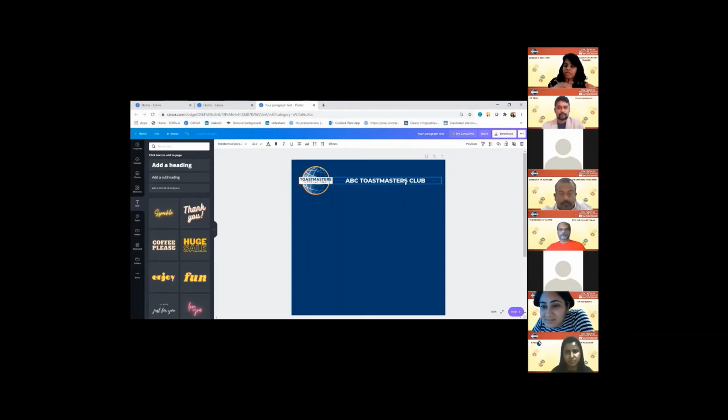The next feature would be club details. So how do I get the club details? You can duplicate the text by clicking on the plus icon on your right hand side top corner. Do you see an icon which says duplicate? Click on duplicate. When you duplicate, it just duplicates the text. You see that? It duplicates the text. You don't have to click text again, resize it, change the font. You don't have to do that. It's already done. You just have to duplicate the first icon and then we'll write club details. I'm just writing random ones.